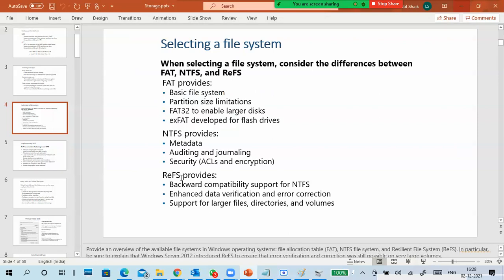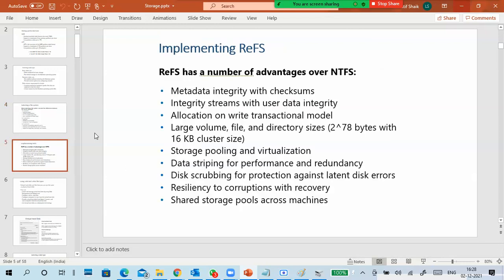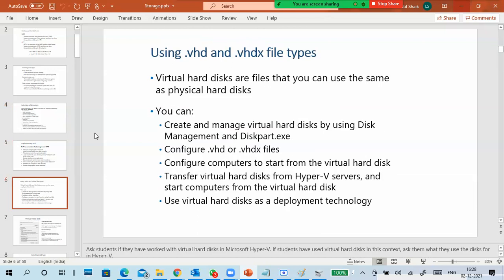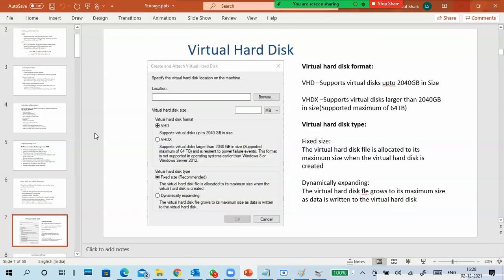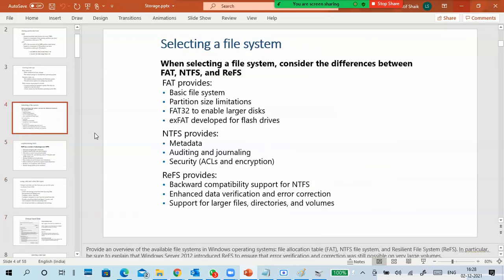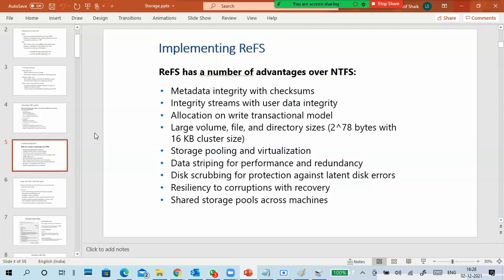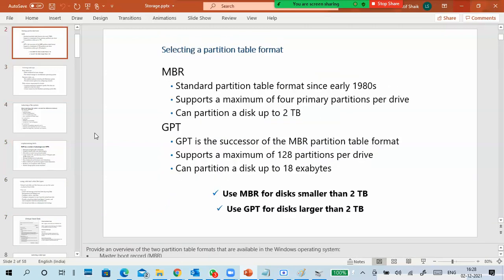And if you put a drive in ReFS, you can also convert it back to NTFS. So what have we discussed? MBR and GPT. MBR is master boot record, GPT is GUID partition table.